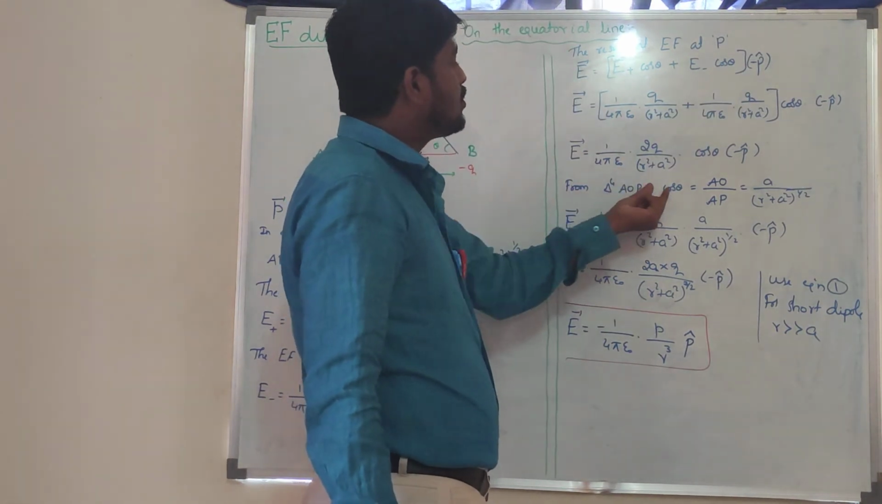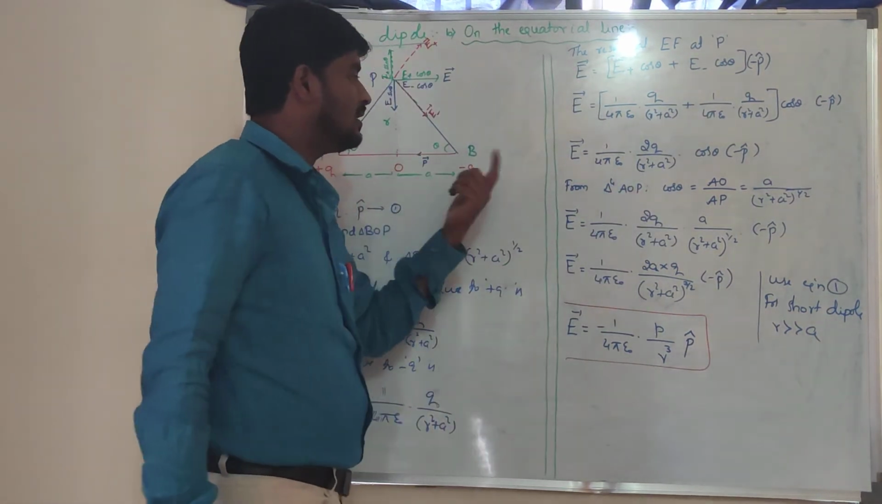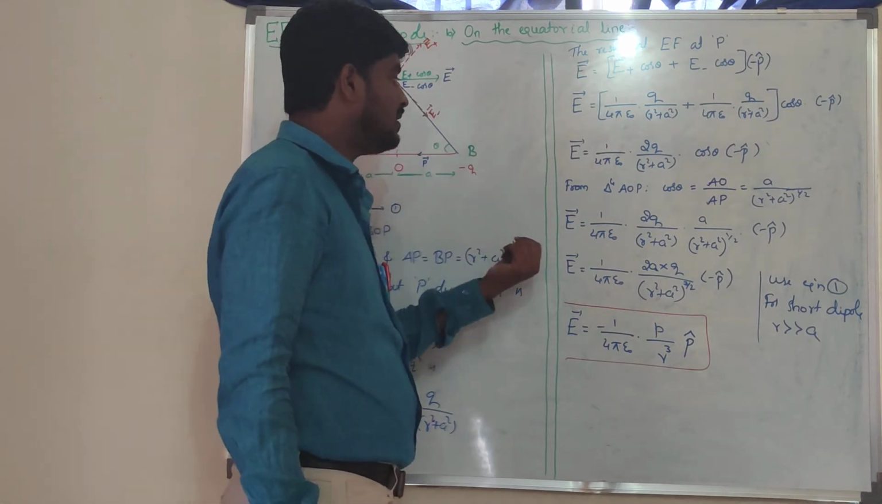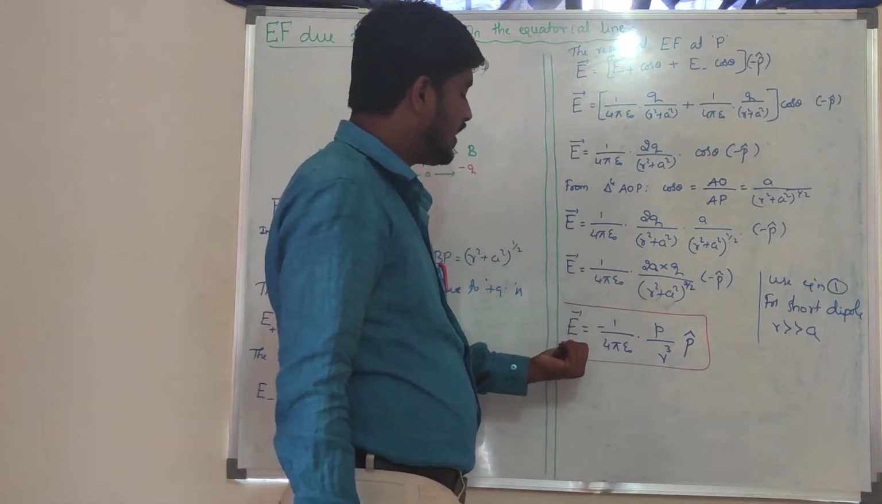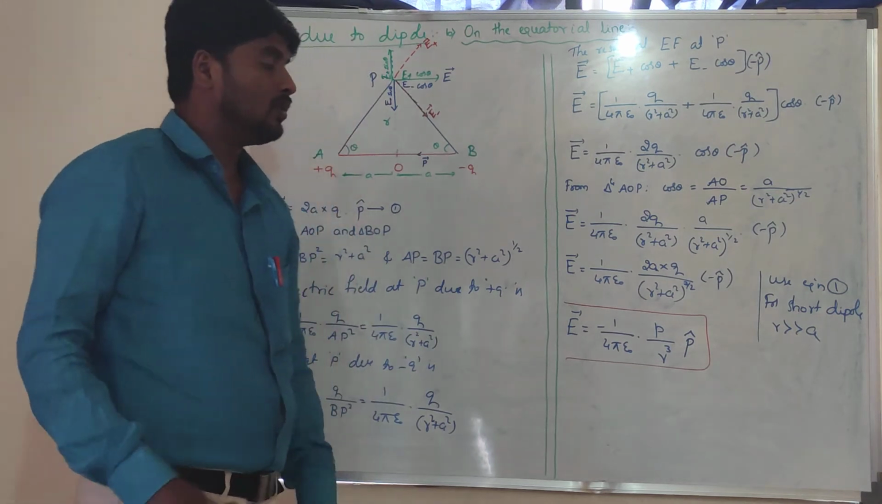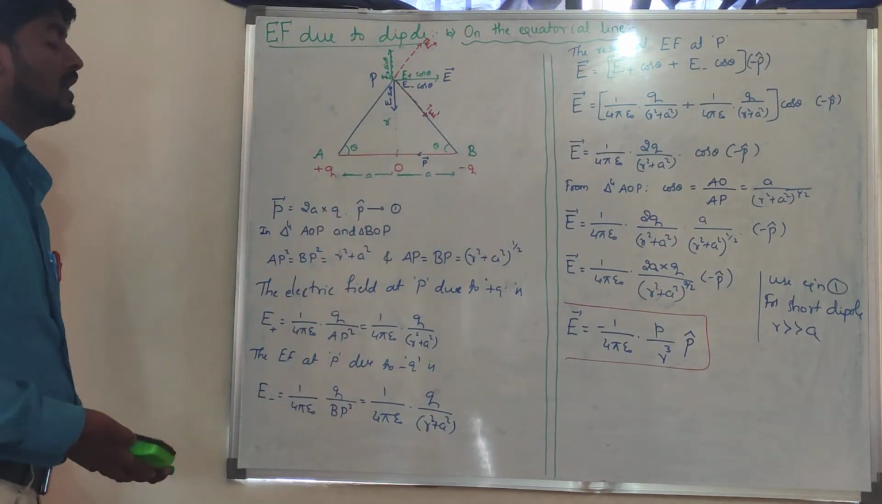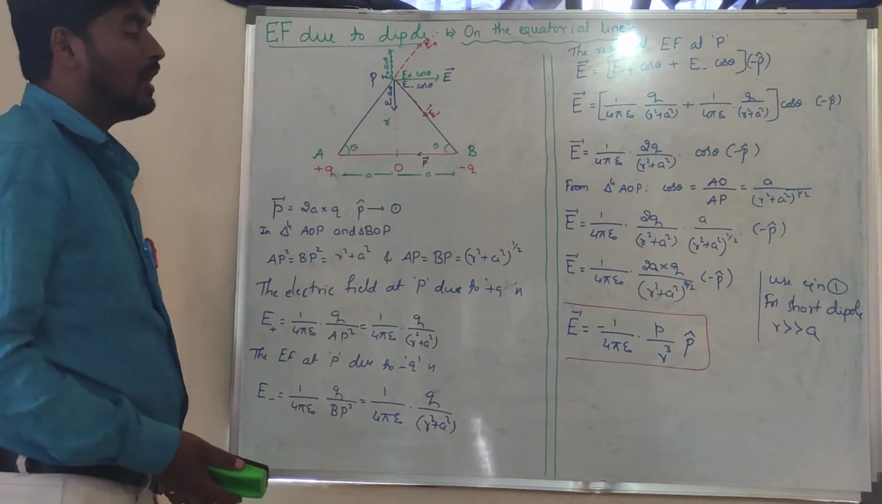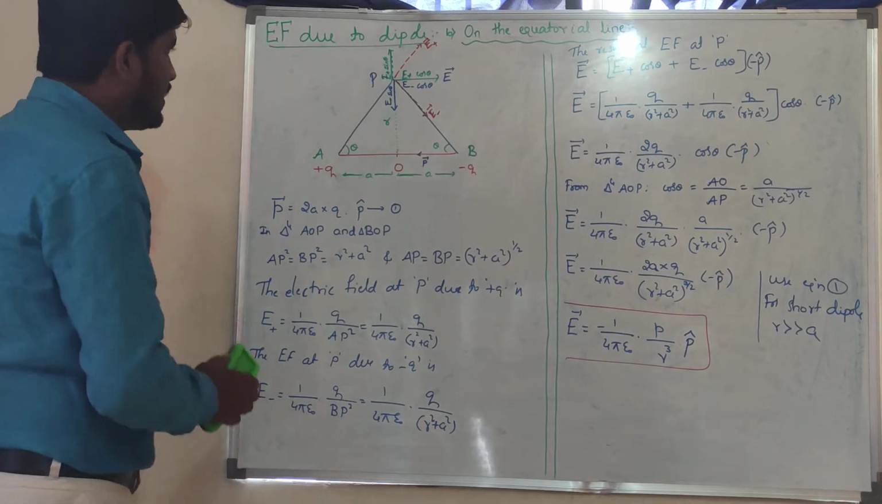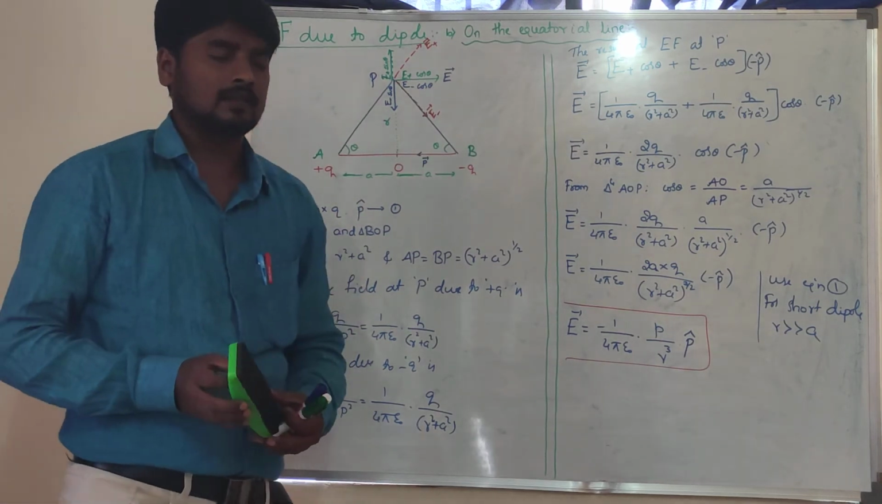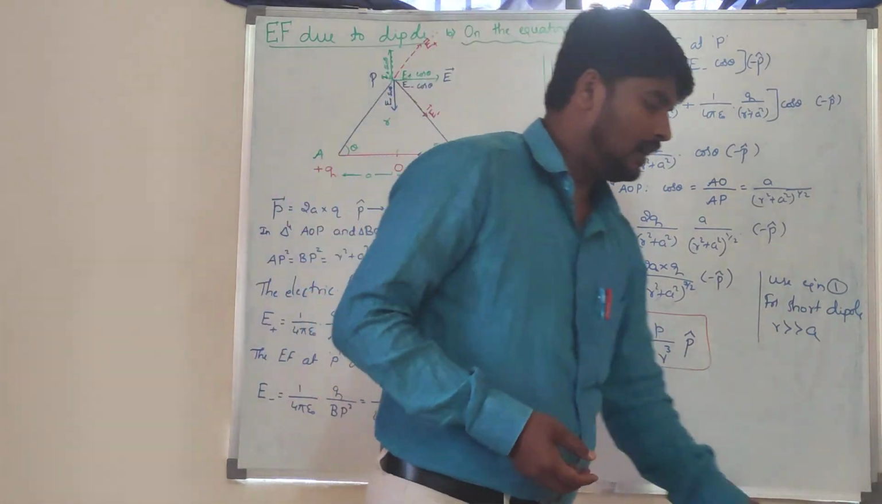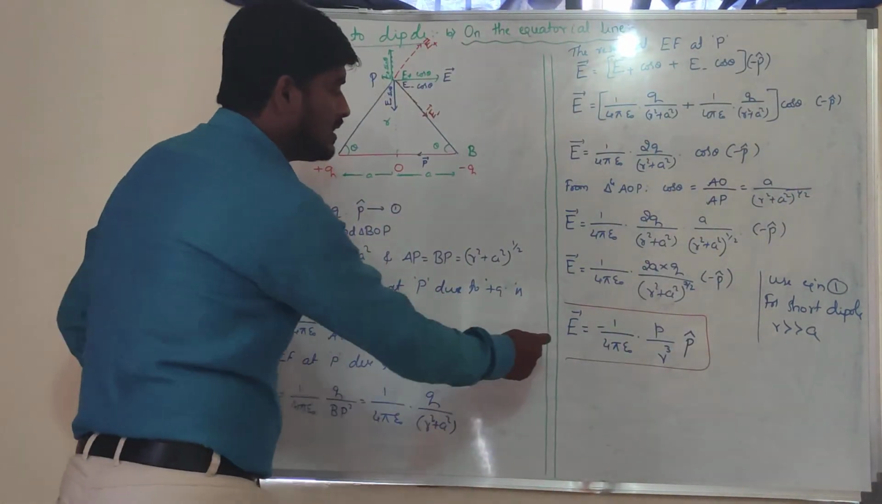Simplify, then substitute the value of cos theta using the triangle, using the triangle AOP or BOP, any one. Then substitute and simplify, and you will get the answer. Vector E is equal to 1 by 4 pi epsilon naught p by r cube into p cap. So now friends, these are the two important cases. In the present case, if you look at this equation,